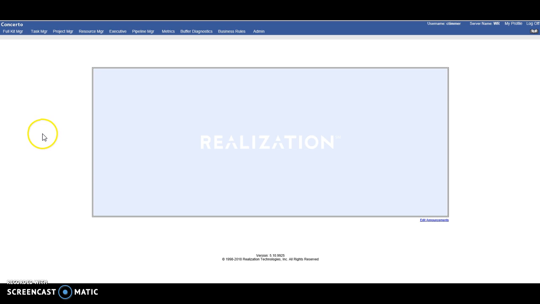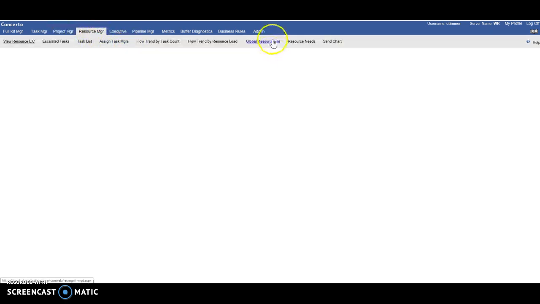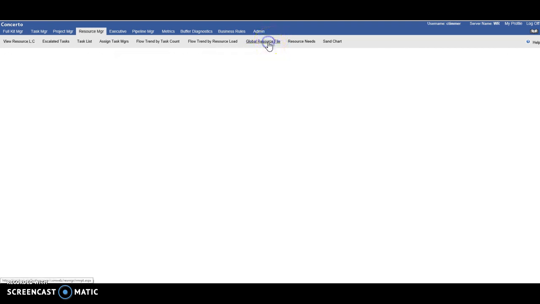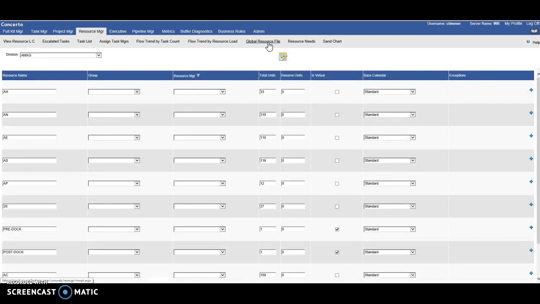First of all, where do the capacity numbers come from? Capacity numbers come from what's called the global resource file. It's just a place where we tally up how many resources you have, and I've asked Wilderness for an updated head count from you guys so we can make sure this is as accurate as possible as we go into this next planning cycle. And as an example, I just wanted to show you